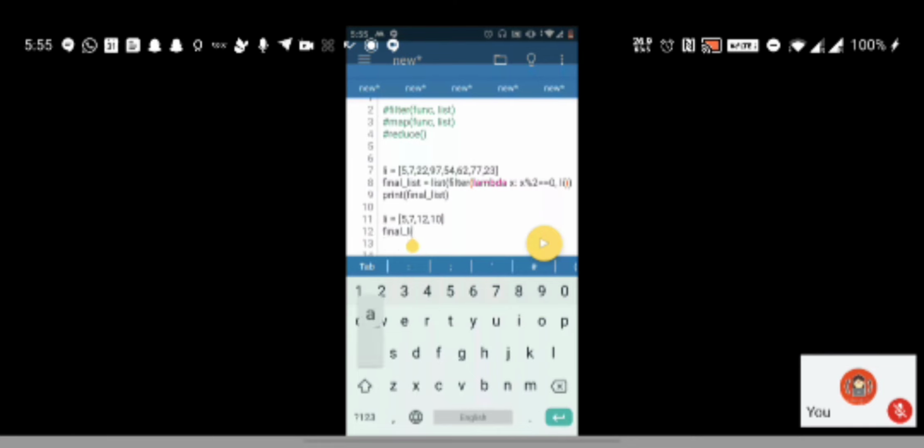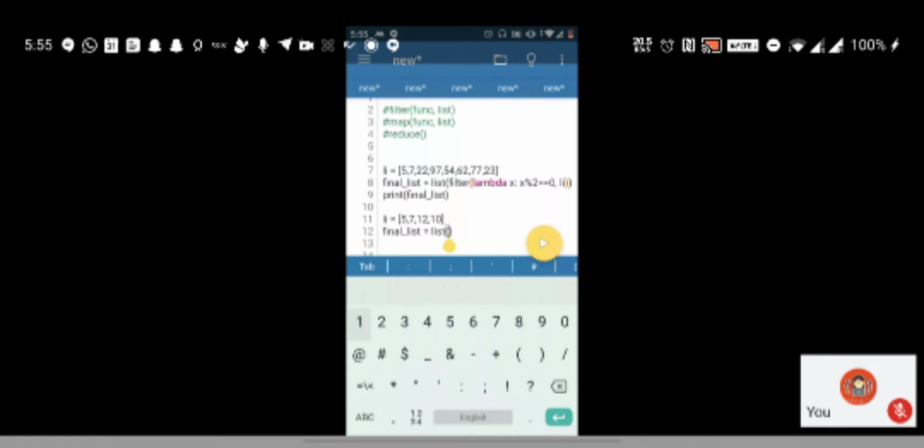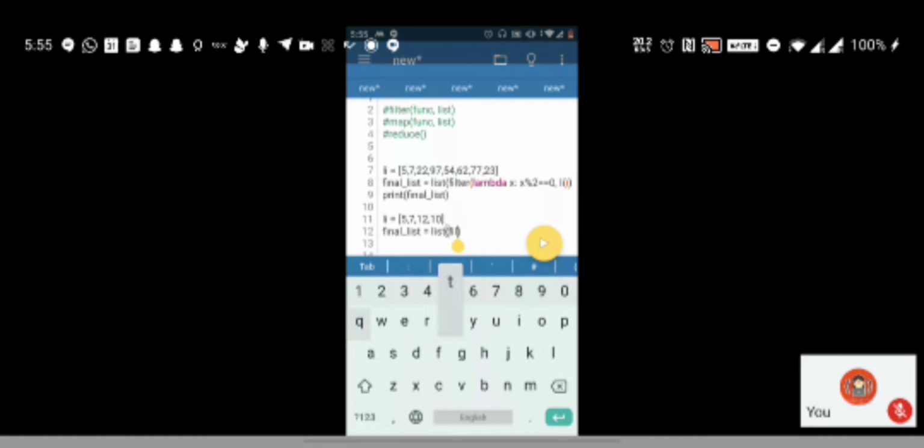Again, you have to specify this list here, because whatever is returned from filter is not a list. It is of some other data type. But I want the output as a list, right? So in that case, I'm just going to call this list function, so that whatever is passed inside the list function will get outputted as a list. I want my final output to be a list, and that's why I'm using this list function. Okay, so filter. Map.